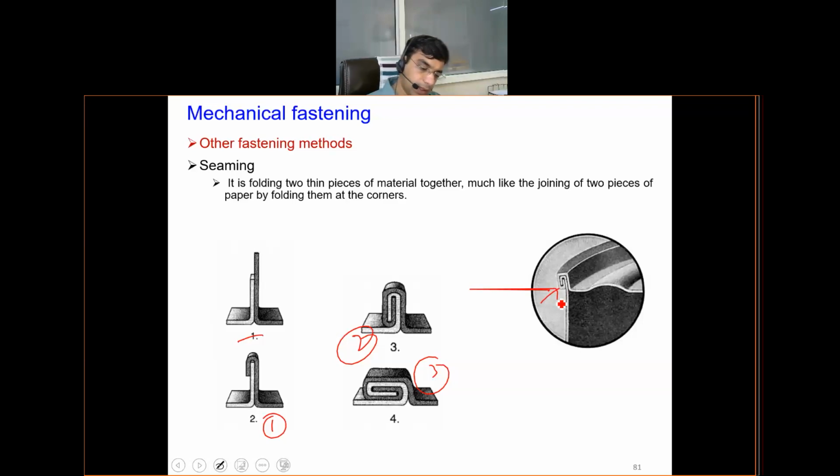With this, I have completed the joining module from the perspective of the course, but it is a very, very wide topic, and perhaps we cannot cover everything in this module of a level 1 course. But I have tried to give you a very good overview of the different processes used in different industries for different products, which can be realized using joining methods.